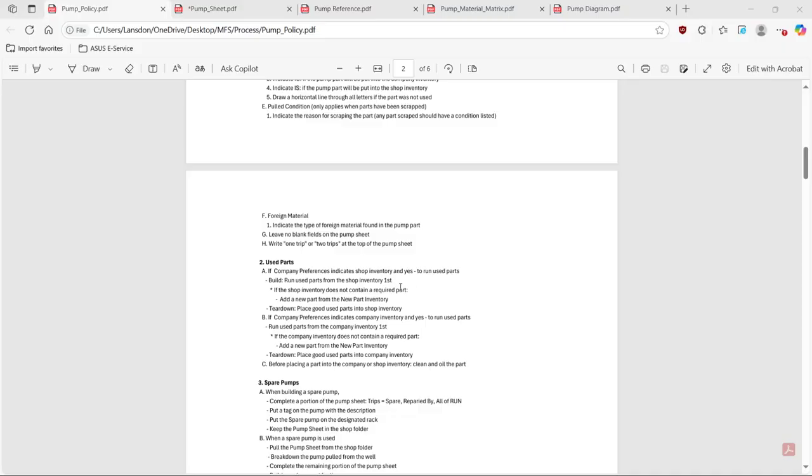Anytime you're working on one of that company's pumps, you need to pull that sheet. We'll have it out in the shop. You need to find their sheet and pull it out to see their preferences. So if the company's preferences indicate shop inventory as yes, to run used parts